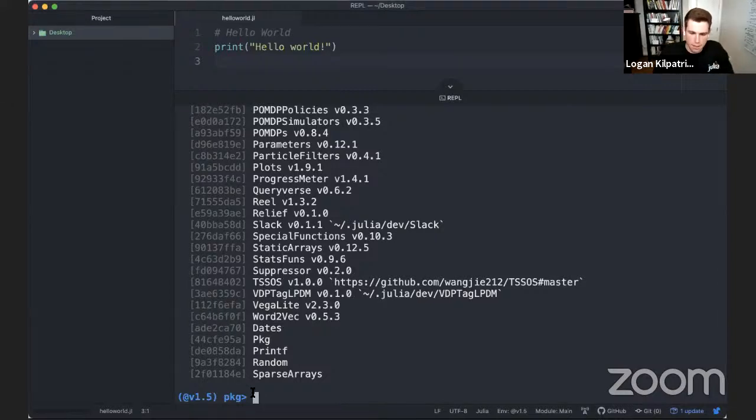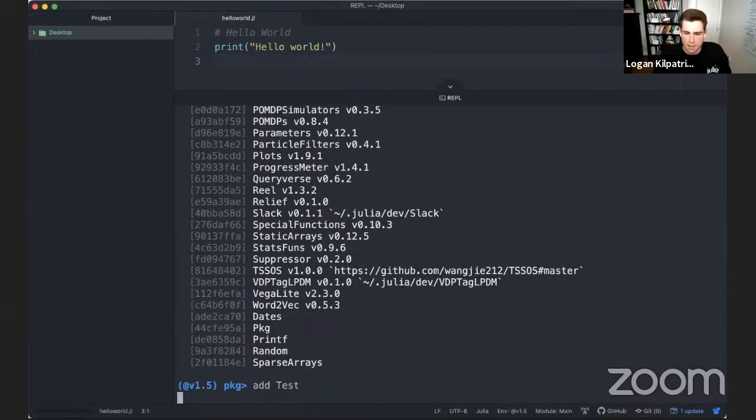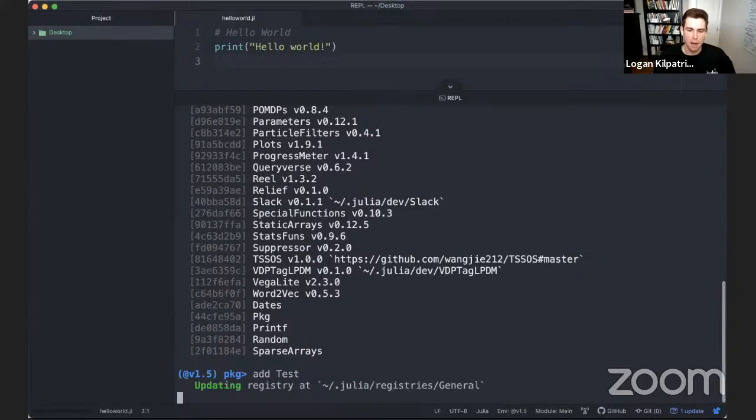I can go ahead and do add, and then there's a package out there called Test, which is quite literally a test package, and I can add it. And then it's automatically going and basically doing a git clone and all that stuff and adding it into my package environment. While we wait for that to happen,